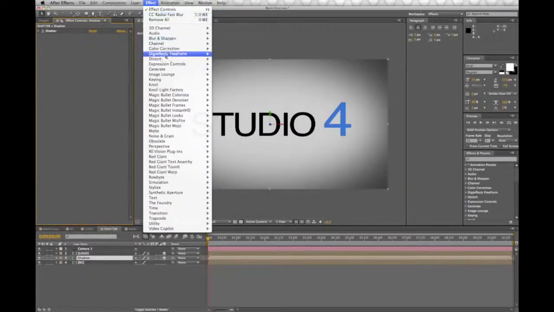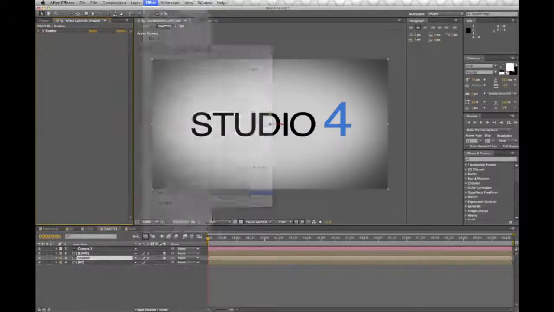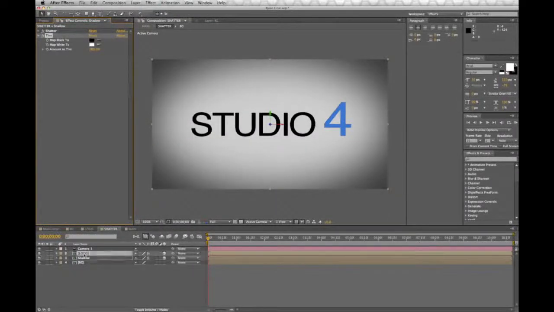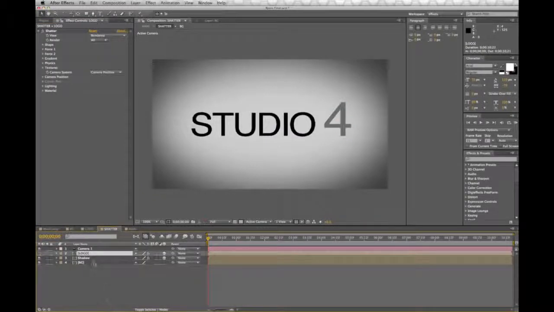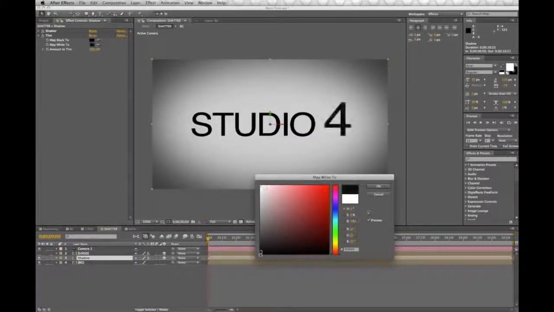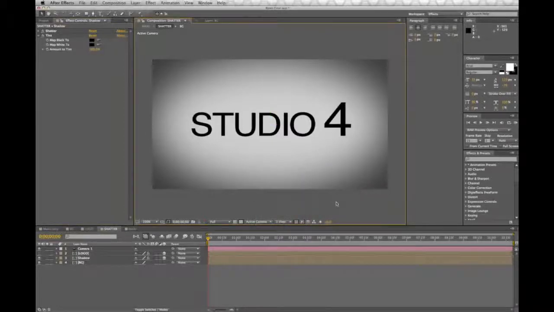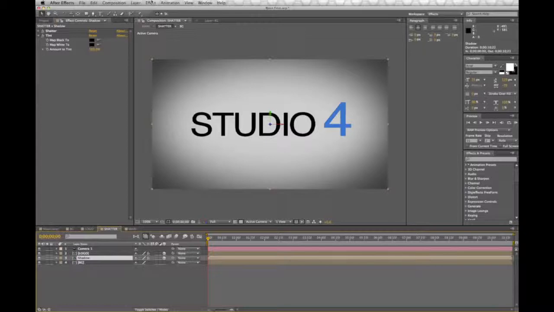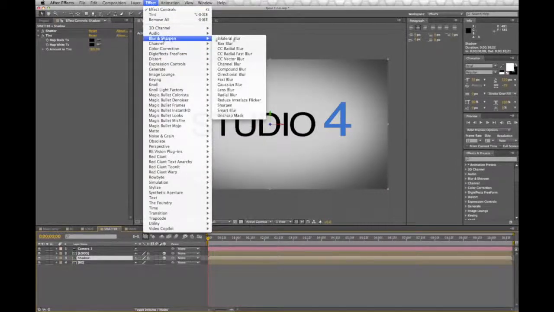So go to Effect, Color Correction, Tint, and all that does is take all the color out of it. And you can see here if I turn our logo layer off, that 4 is now gray, and we want it to be black. So if we go to the Map White and change that to black, it makes all the colors there black. Now with the shadow composition selected, let's go to Effect, Blur and Sharpen,